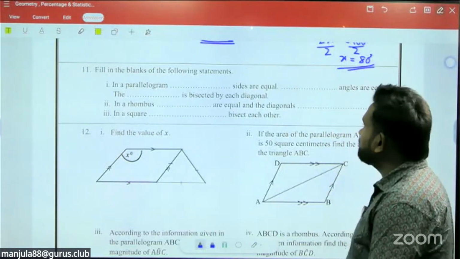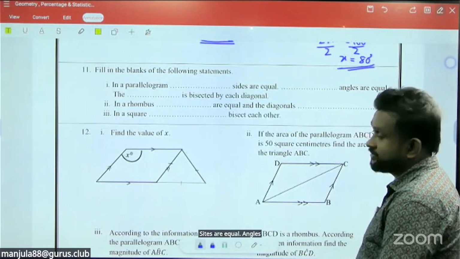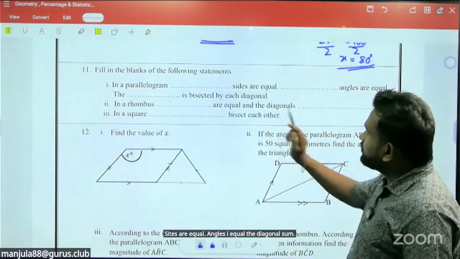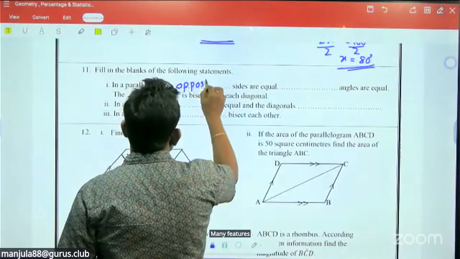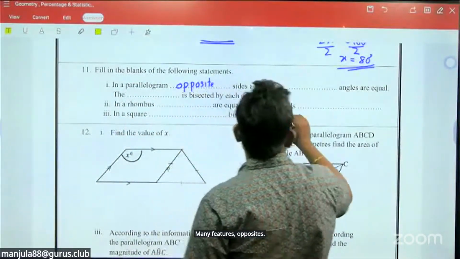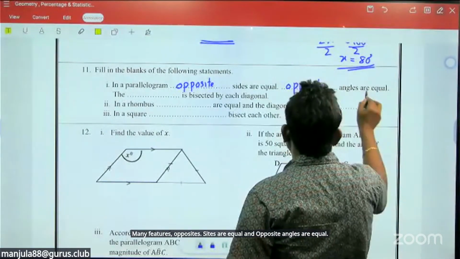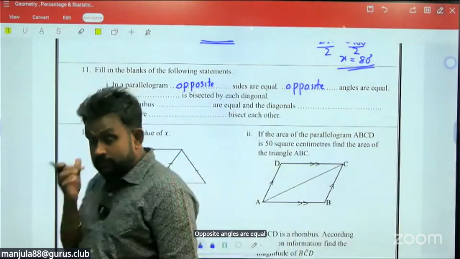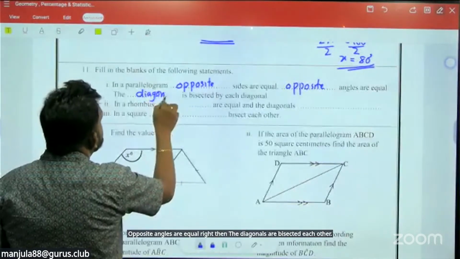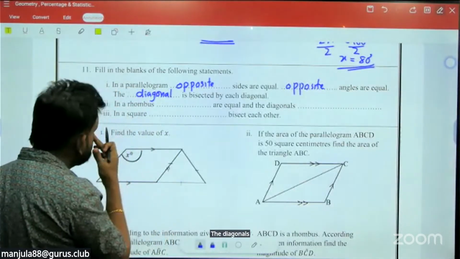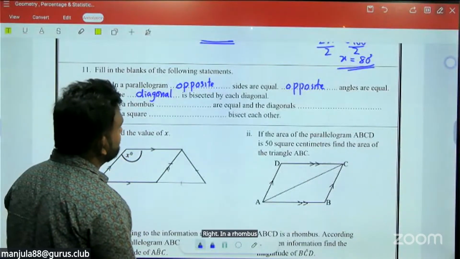In a parallelogram, sides are equal, angles are equal, the diagonals are what? In a parallelogram, opposite sides are equal and opposite angles are equal. Then the diagonals bisect each other. Right? In a rhombus,